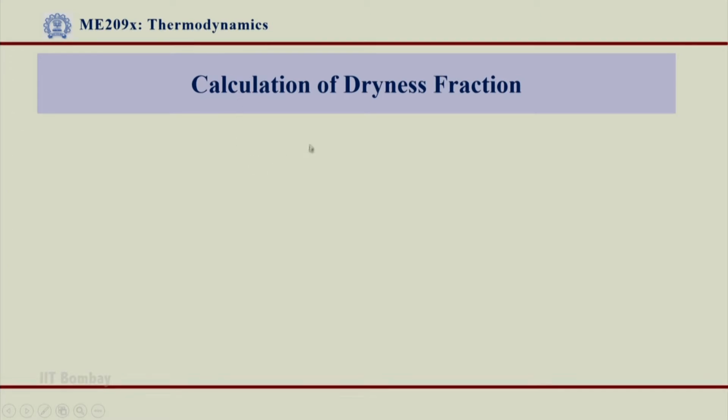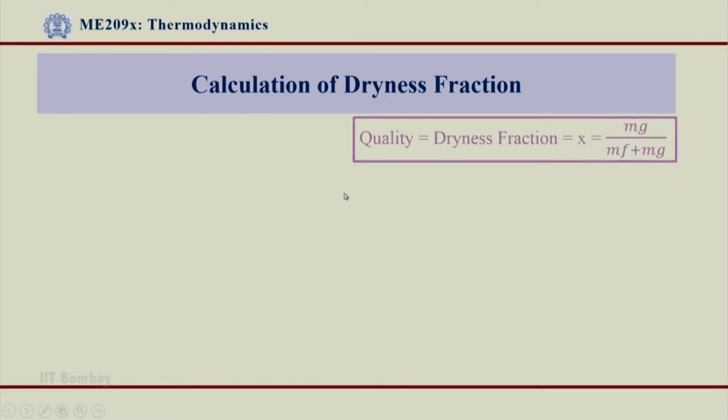So, welcome back. Having understood the concept of dryness fraction or the quality x that we calculated earlier, we had done the formulation of that. Let us now see how to calculate this dryness fraction. We know by definition the quality of the mixture is equal to dryness fraction, sometimes referred to as x, and in most of the books you will find it is referred to as x, which is equal to the ratio of